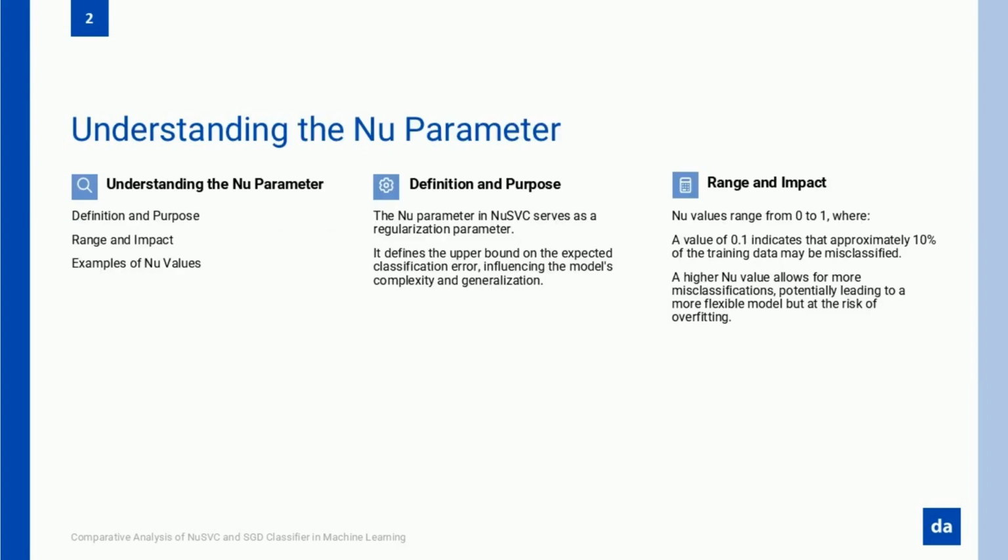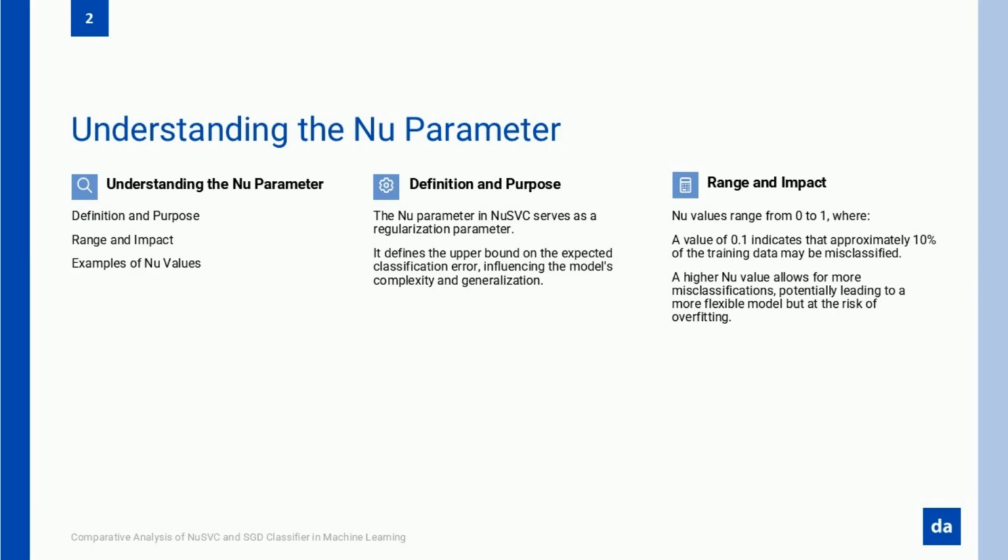Imagine you're at the controls of a soundboard, and one particular slider determines everything: precision, adaptability, even the overall harmony of your machine learning performance. That slider, it's the nu parameter, the secret sauce of NuSVC that takes it from just another classifier to a highly adaptable powerhouse. The nu parameter isn't just a number, it's your key to unlocking the perfect balance between complexity and error tolerance. It's what sets NuSVC apart from traditional classifiers.